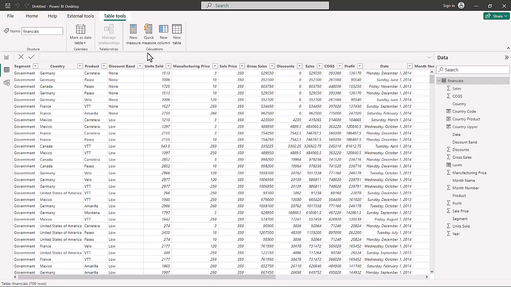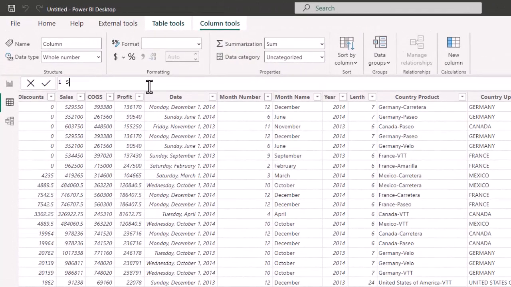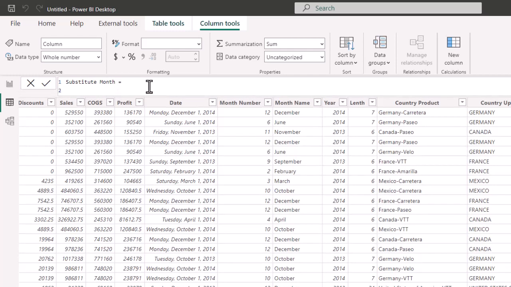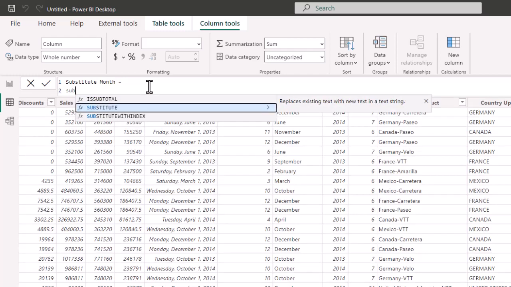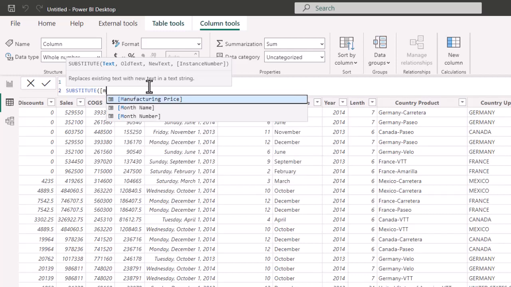So from this data set, we're going to create a new column. And we're going to substitute the month name. The name of the column is going to be substitute month. And the syntax is going to be substitute, which replaces existing text with new text in a text string. And it does need to be in parentheses, and it is case sensitive. So the text we want to replace, if you hit the left bracket, we want the month name,